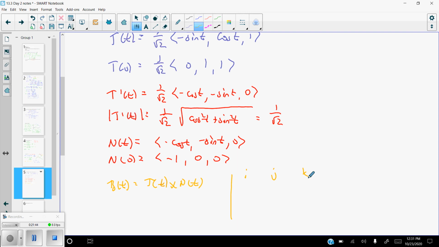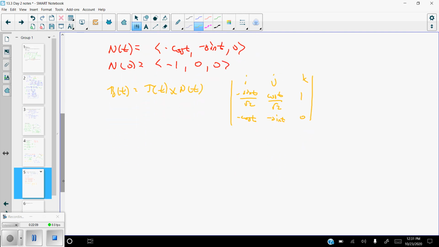So the unit tangent vector is going to be negative sine t over root 2, cosine t over root 2, 1. And then the unit normal vector is going to be negative cosine t, negative sine t, 0. All right, let's go ahead and do our cross product. So if we eliminate the i row and column, we're going to get 0 minus negative sine t, which is going to be,